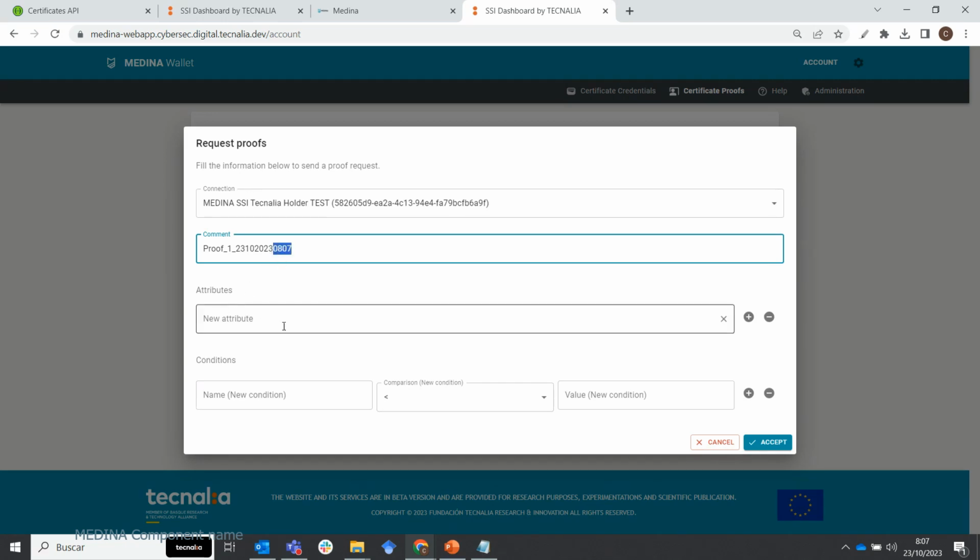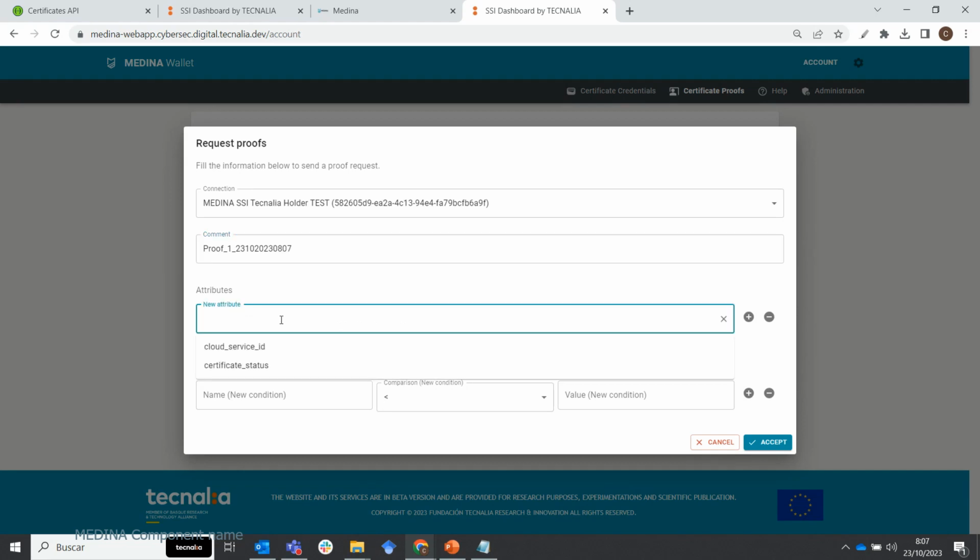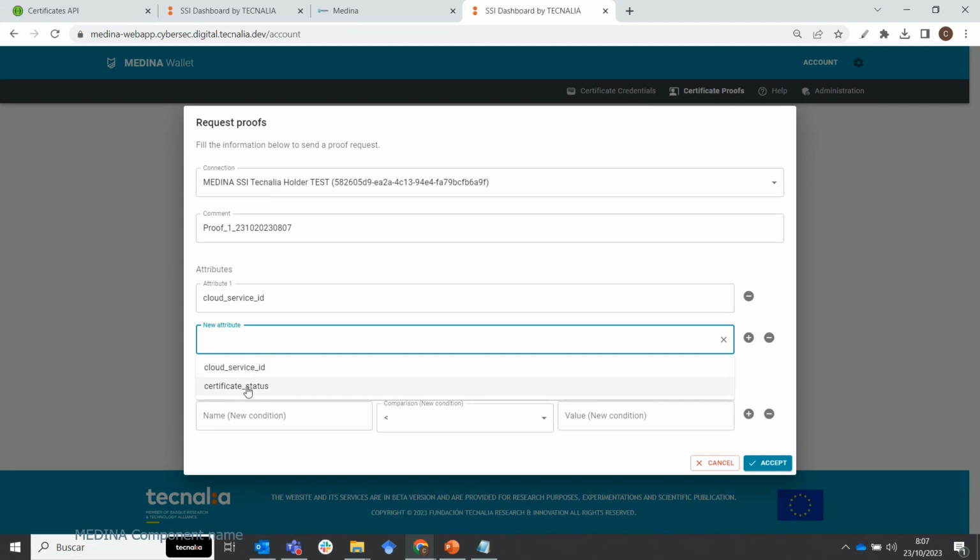And here we have the list of attributes we are interested in. This is the suggestion of the attributes following the schema, or the final schema we use in MEDINA, and let's request both attributes. And here we have a final section related to conditions that is not suitable with